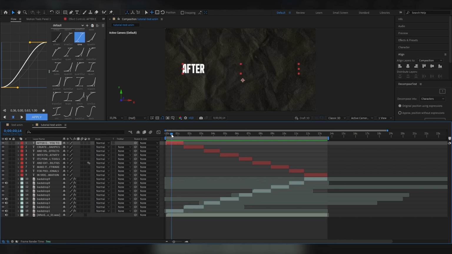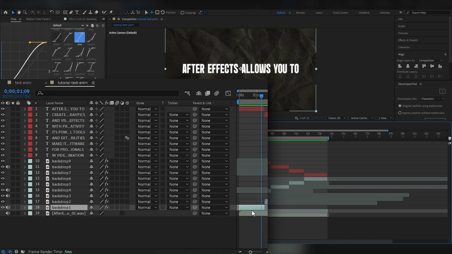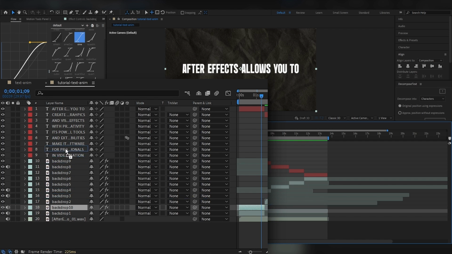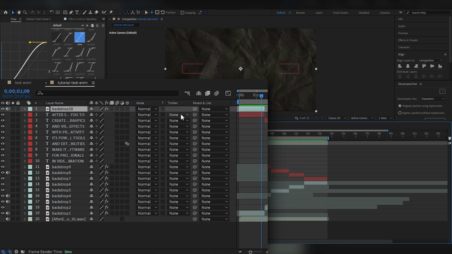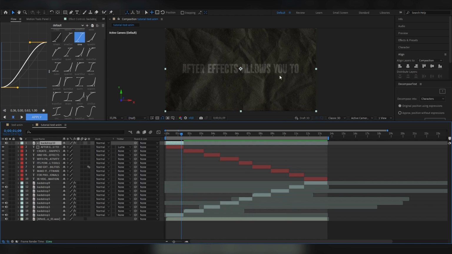So let's go to the first text piece that we have, a backdrop of this paper texture. We're gonna duplicate it with Ctrl-D and move it up above our text piece. And we're gonna use it as a texture inside our text. In the track matte position, we're gonna choose, instead of none, Luma matte backdrop 10. Now we can see the texture inside the text, but the text is too dull,